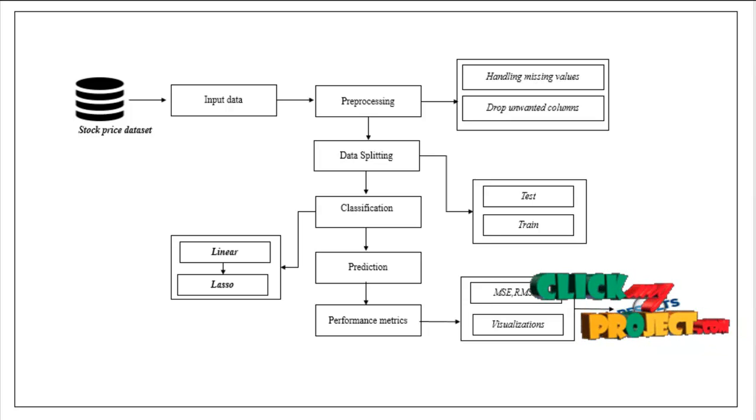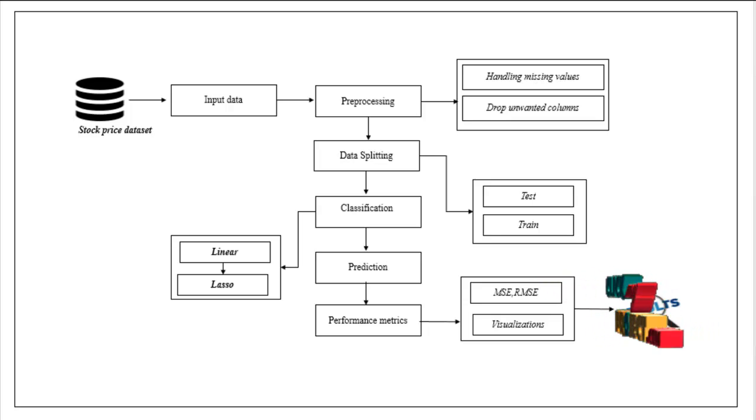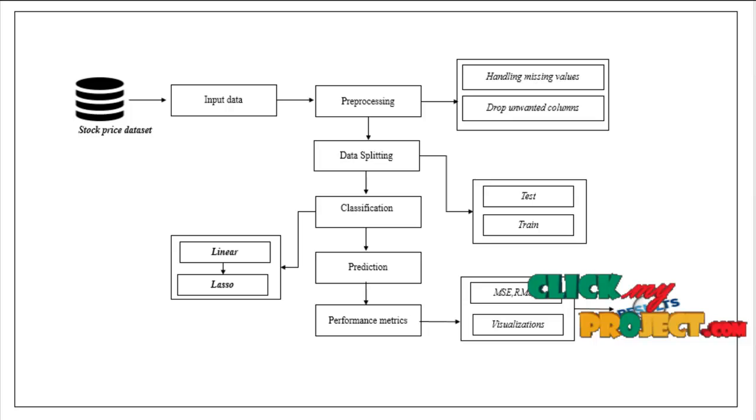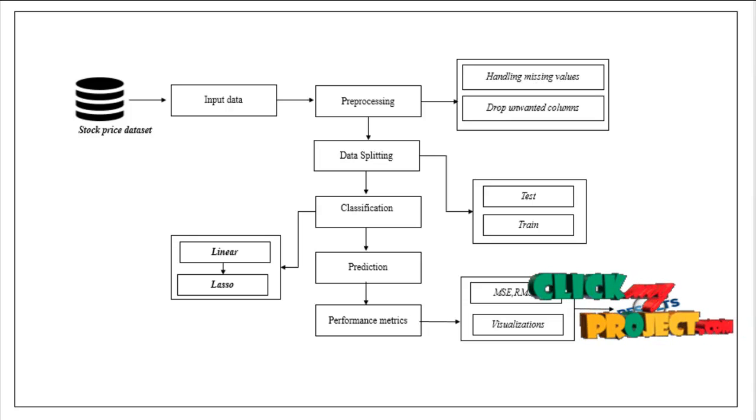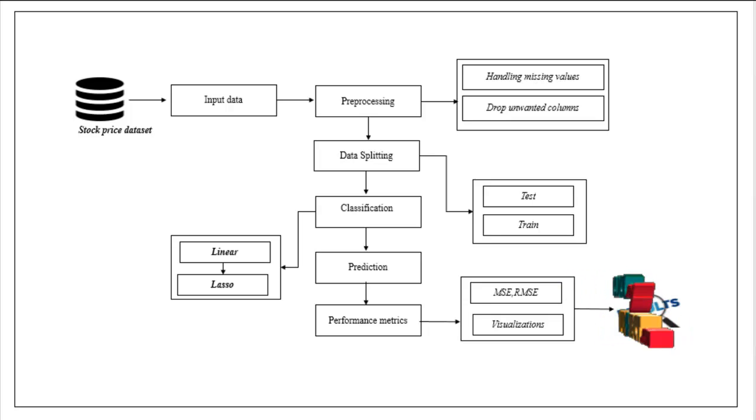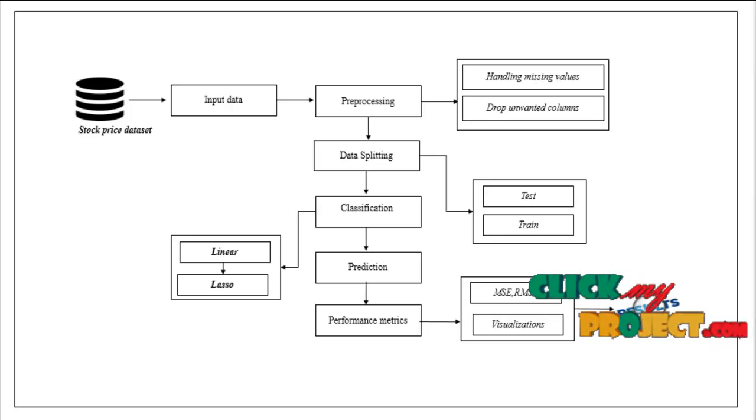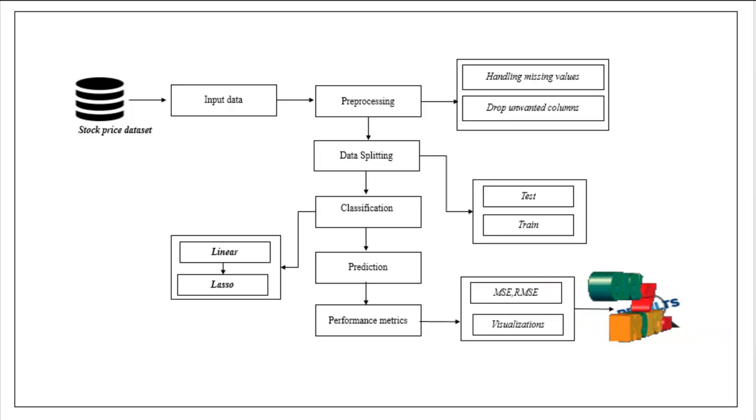In this step, we check for missing values because our data set contains rows and columns. If any rows have missing values, we have to replace those missing values, otherwise we have to ignore them. We handle missing values to avoid wrong prediction. After that, we drop unwanted columns. If any unnecessary columns are present in our data set that are not required for our process, we remove them beforehand.